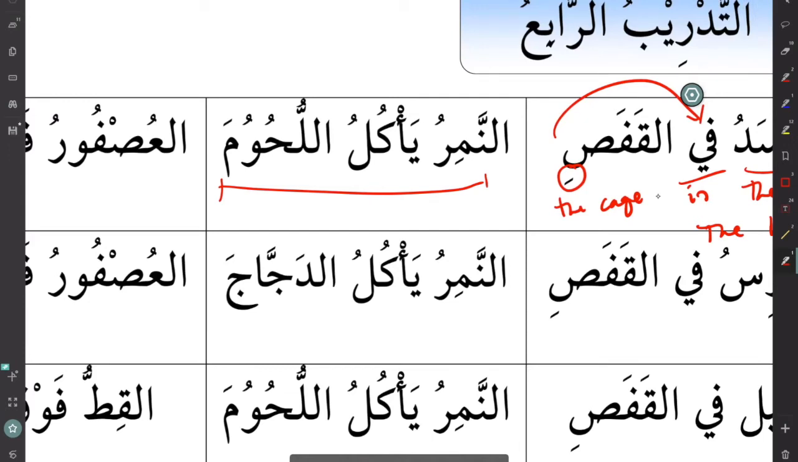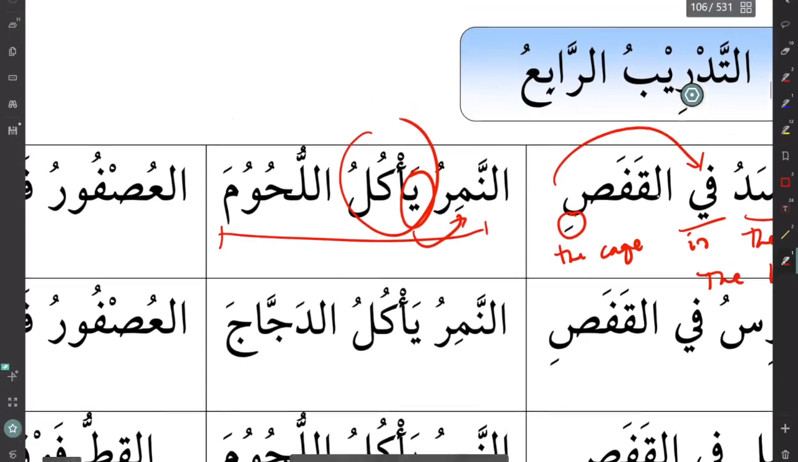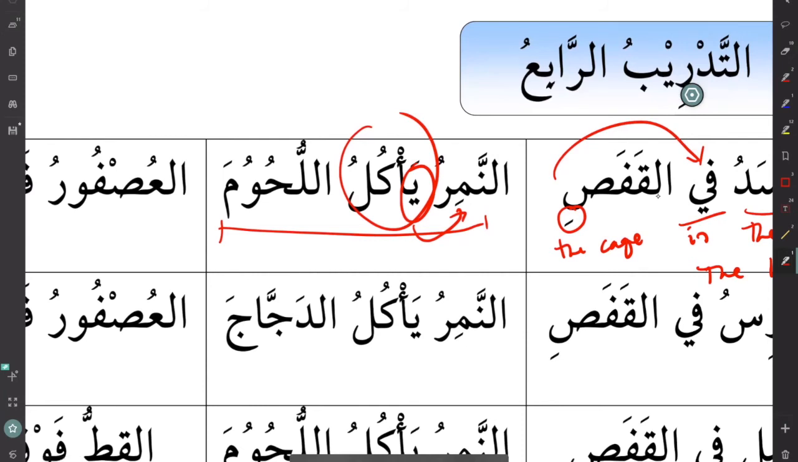If you learn the word namir already, which is a tiger, ya'kulu, we had this word before. This is a verb. Remember? It's a present tense. What kind of verb? A present tense verb, and starts with ya, so that means it's talking about masculine object. And why is it masculine? Because namir is what? Is masculine. Okay, so it's eating what? Al-luhum. Al-luhum, we had this word also before, which is meat, and we have a fatha because this is an